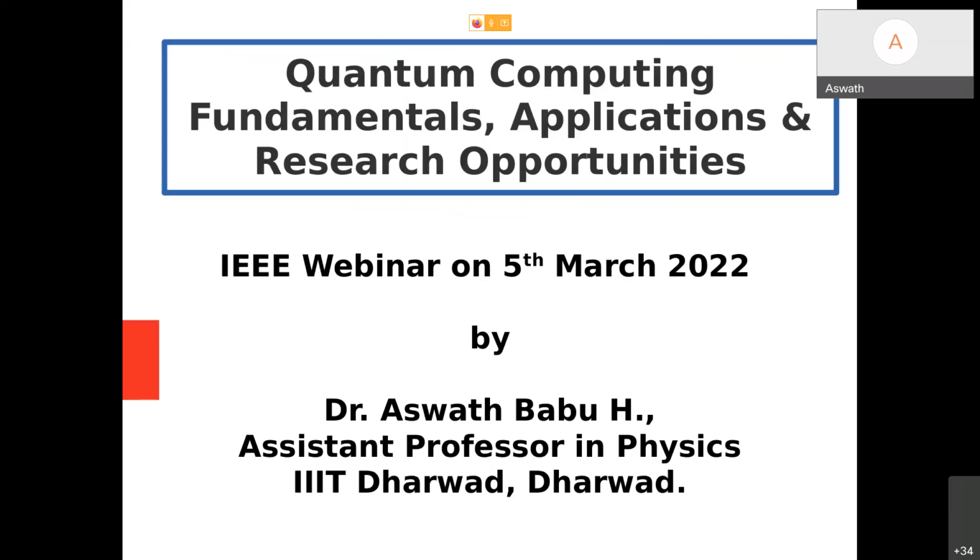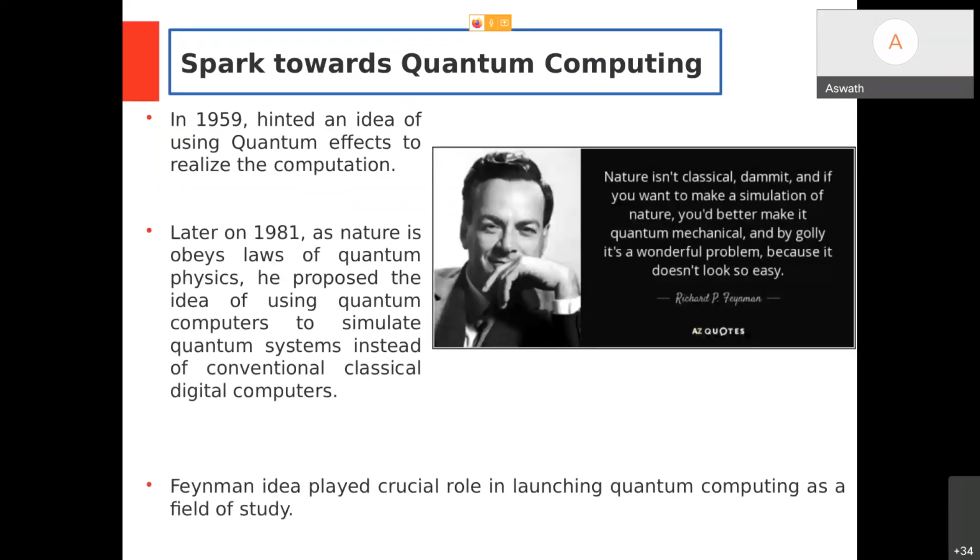Right. Before getting into the fundamentals, we should first know how one started working on quantum computing. What I mean is, who actually sparked the idea of quantum computing? My slides consist of a lot of text, but please don't worry about it. I keep this content in text from the perspective of students. If students read through my PPT, they should be able to get about 60 to 70% of the idea. I will summarize what each slide is about.